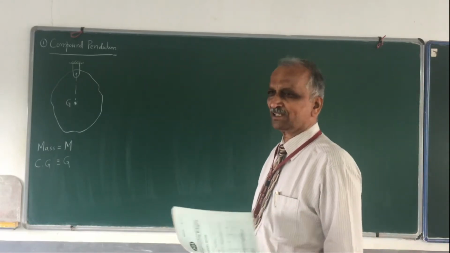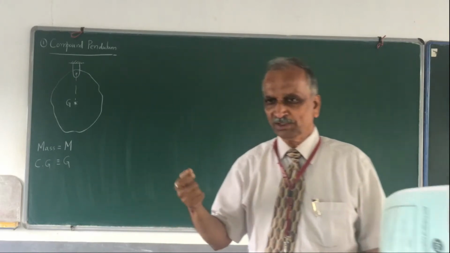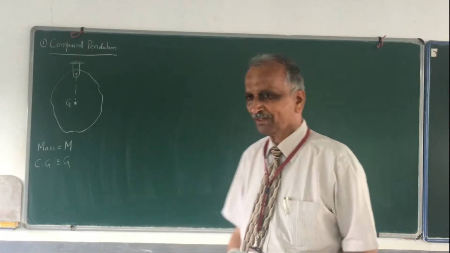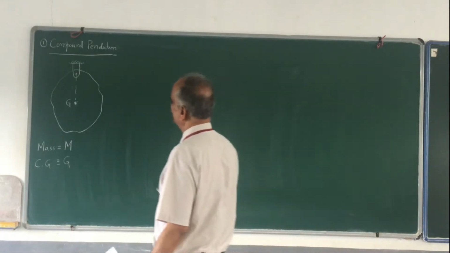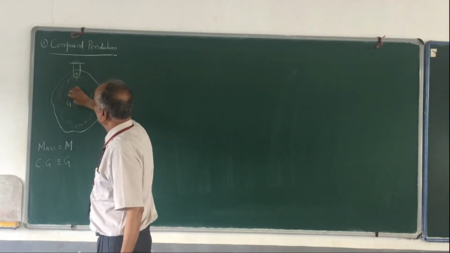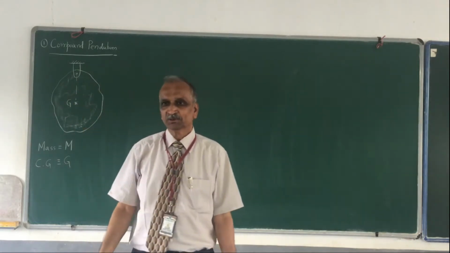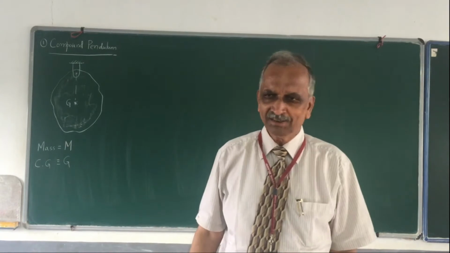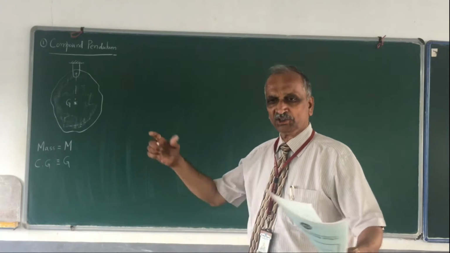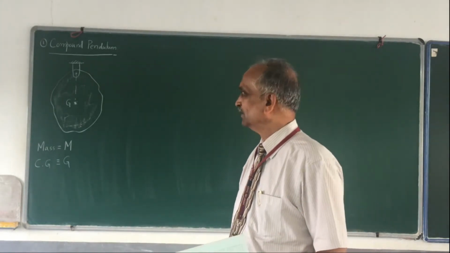So, a pendulum is basically anything which is suspended and which is a body which is free to undergo free oscillations. That is called a pendulum. Here this also is a pendulum. I have a body, so the mass of this body is distributed throughout. I do not have a point mass. In a pendulum, if you have point mass, then it's called a simple pendulum. If the mass is distributed, it is not a point mass, then that pendulum is called a compound